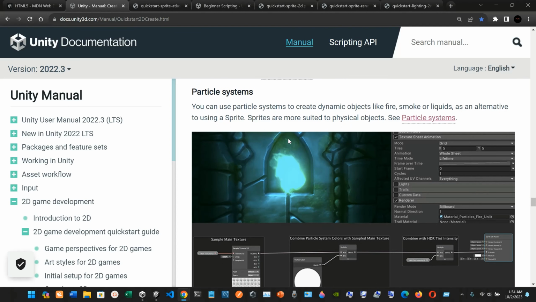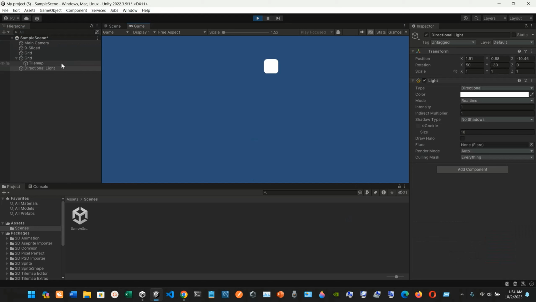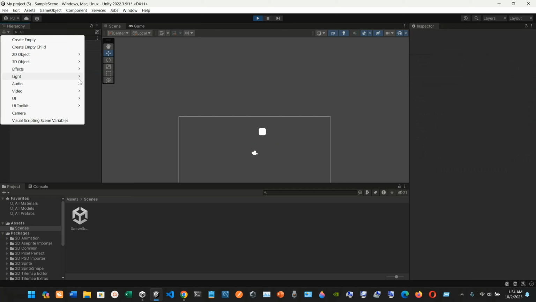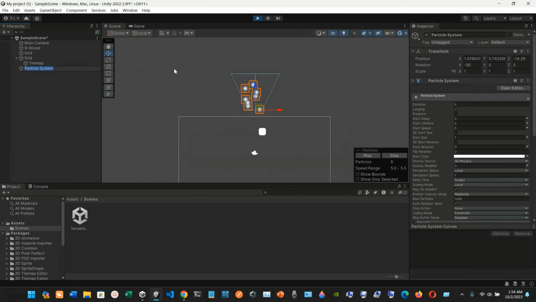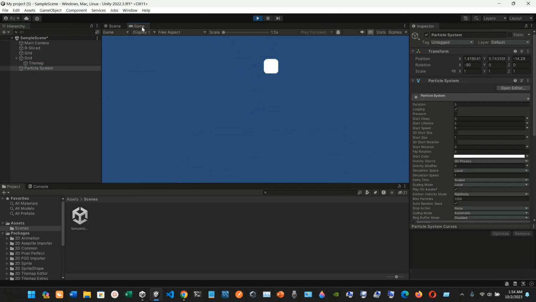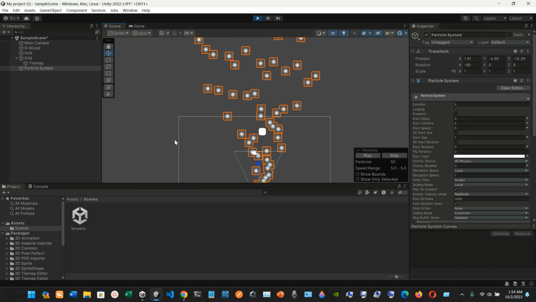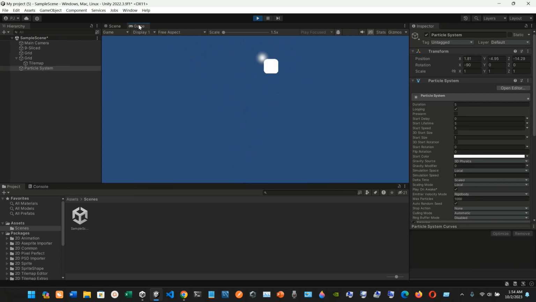So we also have particle systems, so let me see if we can add a particle system as well. So let's take that one out and go to the hierarchy, effects, particle system. Okay, so we have a particle system. The reason we don't see it is because it's not focusing. Okay, so now we can see something right now because